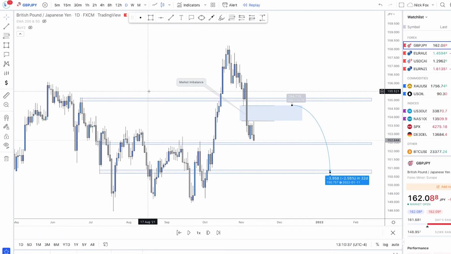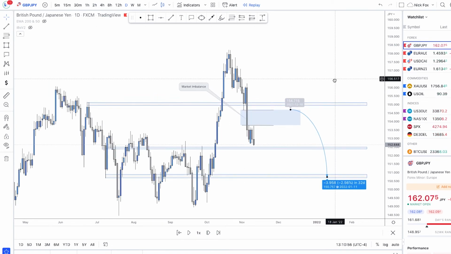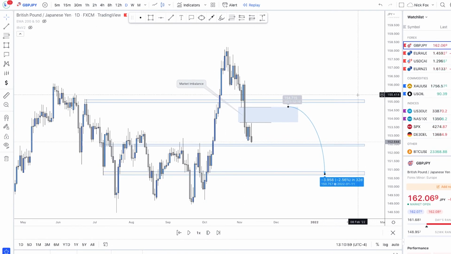From a swing trading perspective, I'm doing the majority of my analysis from the higher time frames. Whether that is the weekly, I'm starting off on the daily in this example. You also have the 12-hour, 8-hour, and 4-hour to work with. The lowest time frame I would use for swing trading would be the 2-hour time frame. In this example, this is what it would look like from an analysis standpoint.